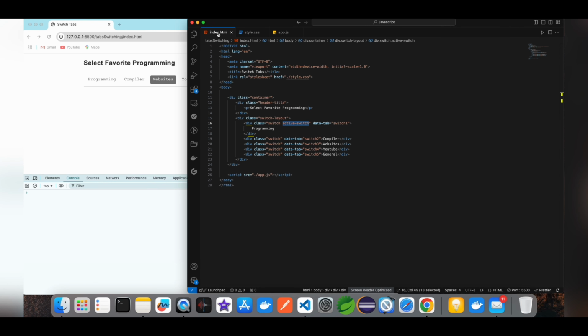Here we implement switch content of particular tab. Each tab has its own content, and all content is scrollable. So for separating each switch content, I comment and take an id. This id is related to the data tab of the particular switch layout,